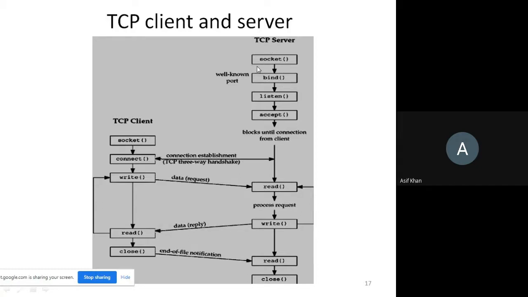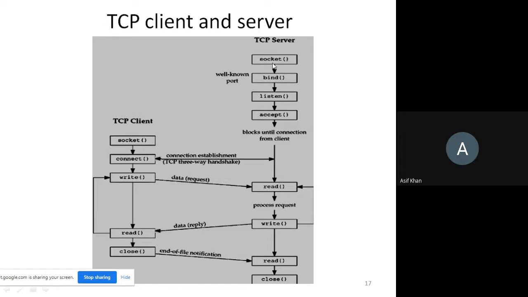Okay, I already told you that the socket API is there, so that allows us to write programs here. So socket API has some predefined functions and predefined structures. Structures we already discussed, and these are the functions. All these are predefined functions present in the socket API used for writing the socket code. So at the server end, these functions are used, and on the client side, these functions are used, right?